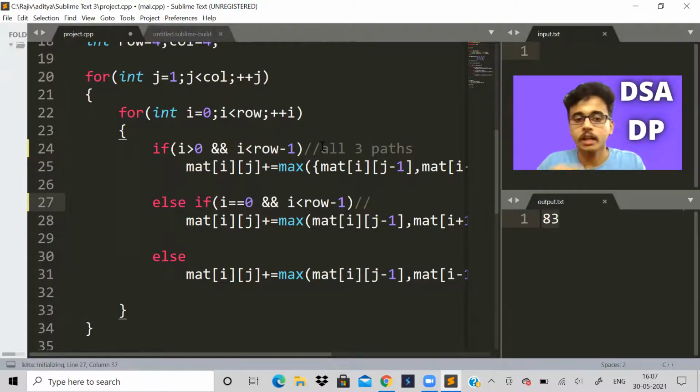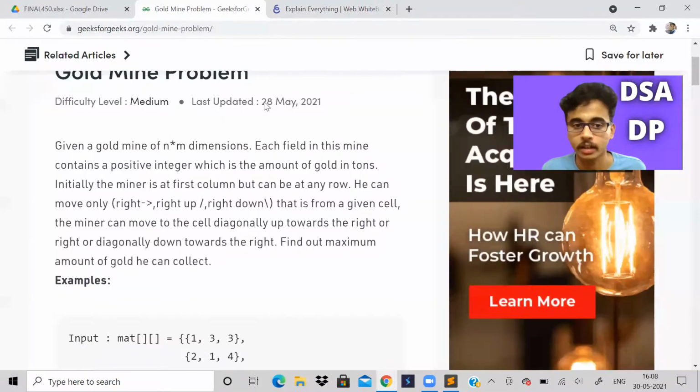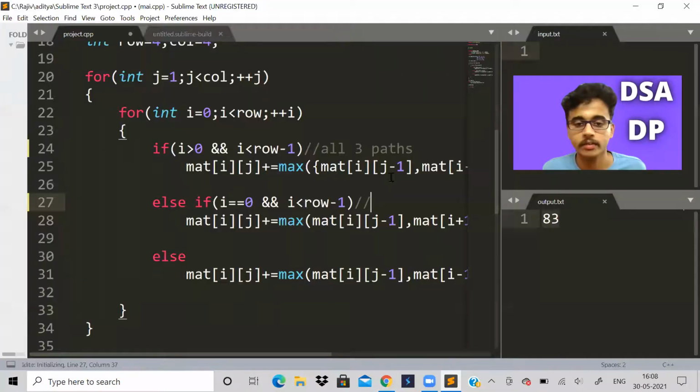Now this is the else if part. Else if i is equal to 0. i equal to 0 means this is the first row. Which move is not possible? The right down move is not possible, because there is no cell there; it will be outside the matrix, which is not correct.